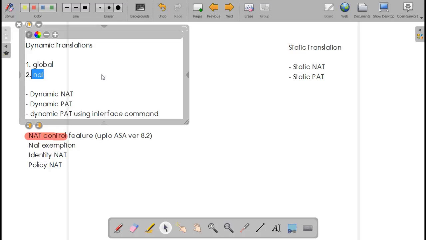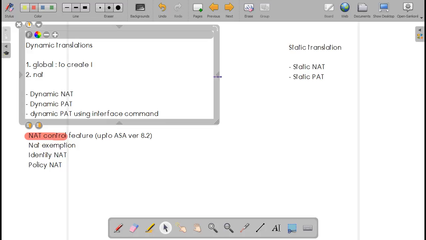The global keyword you will be using to create the public IP address pool. And NAT is the keyword you will be using to define the rule of who can use the pool.